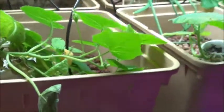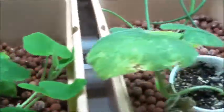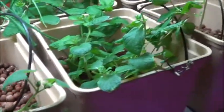Just got to keep it alive, transfer it into the sunshine. Hopefully that'll be great. I finally found out why the plants on this side of the aquaponic have been kind of struggling. Turns out